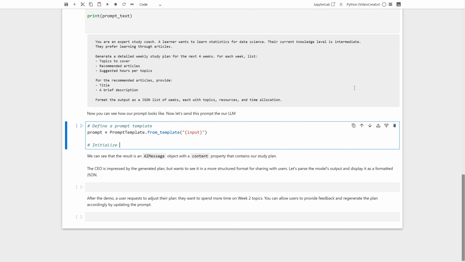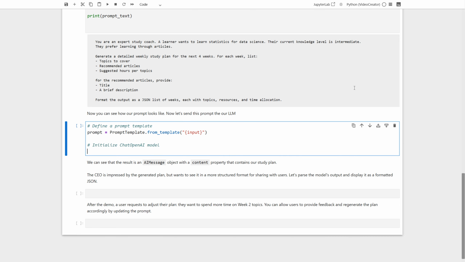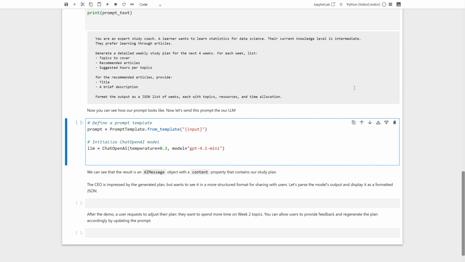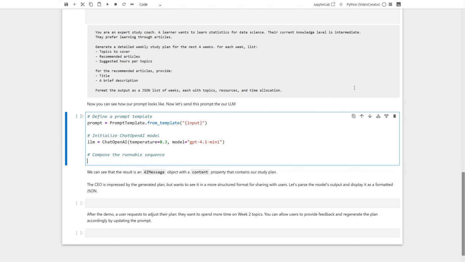Now get your AI model ready to chat. This is where the magic happens. You're initializing a chat OpenAI model, setting the temperature to 0.3 for more focused answers, and picking the GPT 4.1 mini version. Next, you're going to link everything together into a